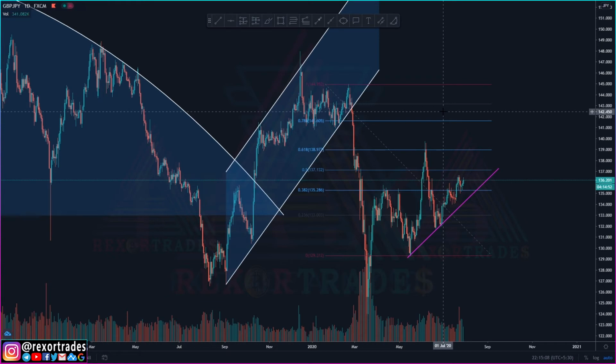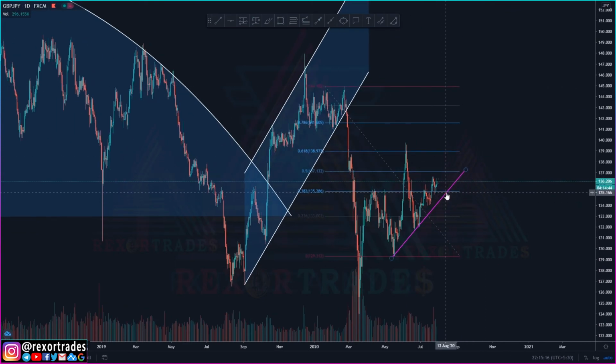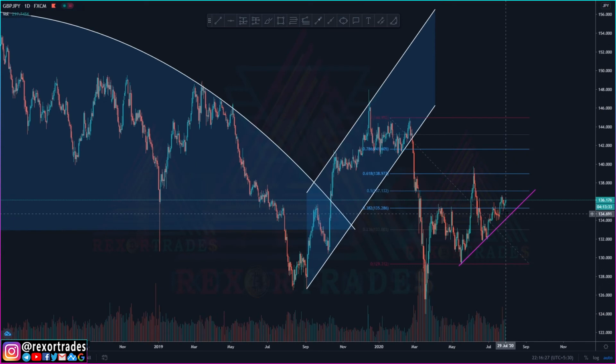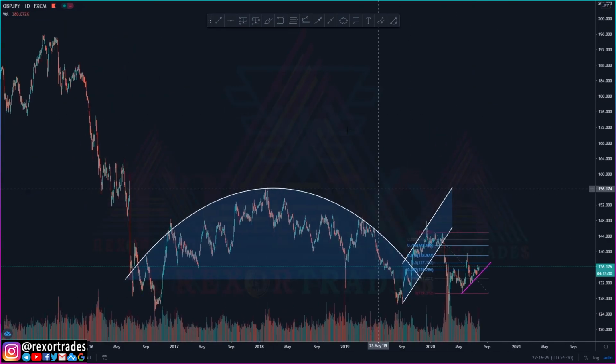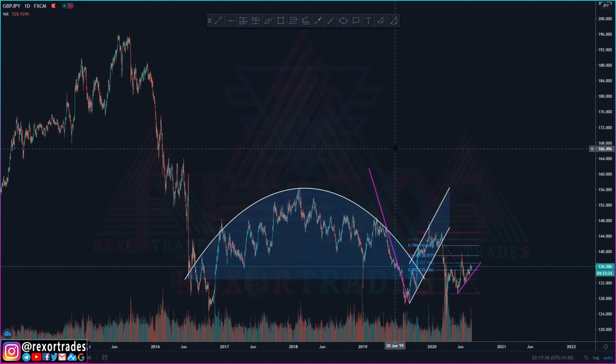But if you want to play it even safer, then you can wait for the price to break below this trend line right here, and you can enter the trade on the break of this trend line, setting your stop loss just above the previous high like around here. There's also another pattern being formed at this level, that is a bearish flag pattern. If you connect from here to here, then you can see a bearish flag pattern being formed at this level right here. So in summary, we got multiple confirmations for this price to go short.